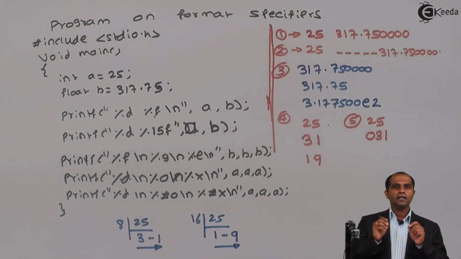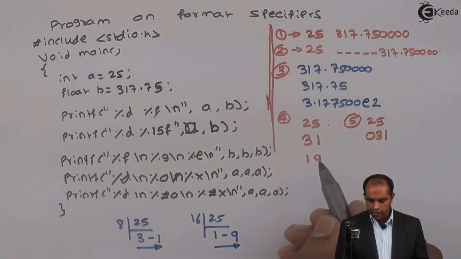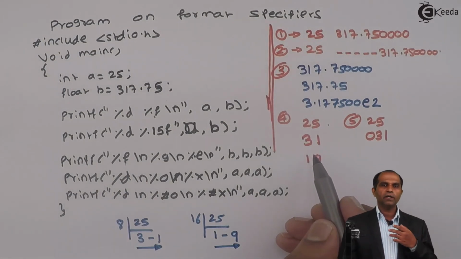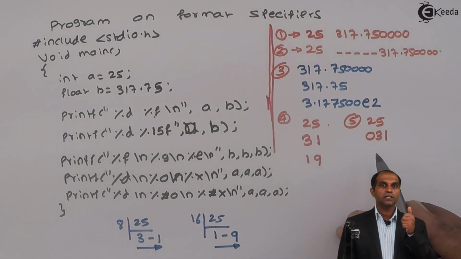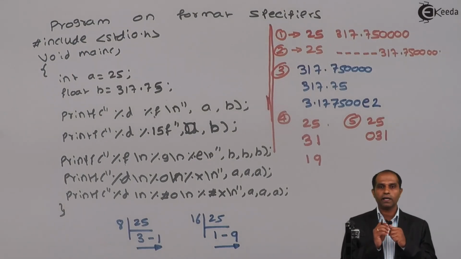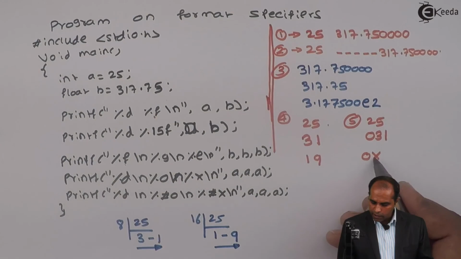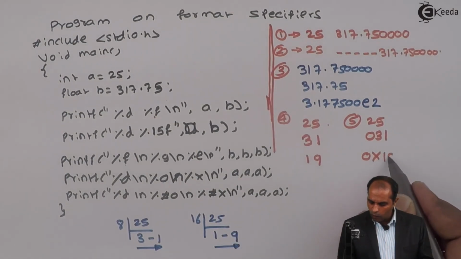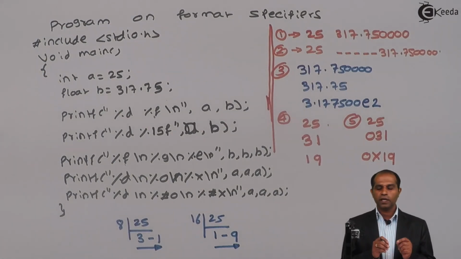We have said that whenever the first digit is 0, the number should be read as an octal value. In the previous case, if someone looks at 31, he might take it as a decimal value, but this is more appropriate. When someone looks at 0 as the first digit, he will automatically identify that this is an octal value. Similarly, %#x gives 0x, and a is 19, 1 and 9 at this place. So the hexadecimal value is printed as 0x19.